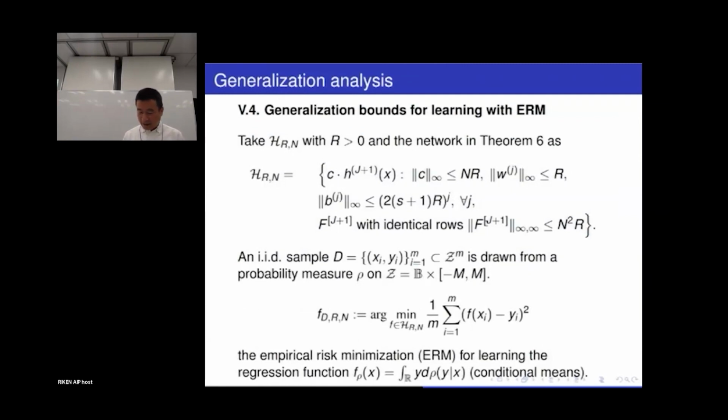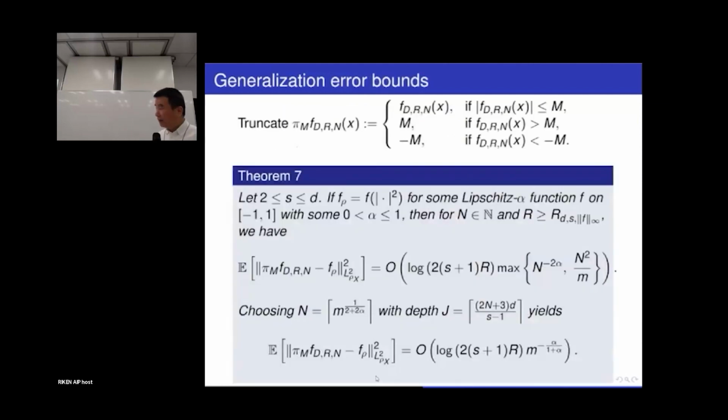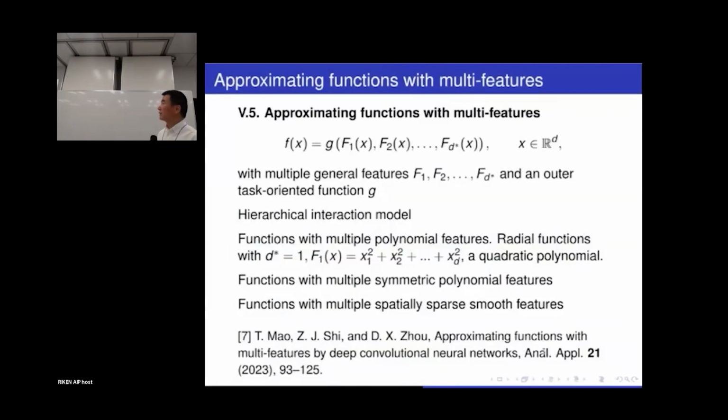We consider this regression algorithm, and the target is to learn this regression function, which is the conditional mean. And then it tells us that the rates of approximation or convergence for regression is m to the -α over 1 plus alpha. Here, the target function, the regression function, is a radial function. So essentially, it's a univariable function. Therefore, the rates do not depend on the dimension d here. So again, it tells us that if the target function has some structures, radial ones, then the deep CNNs learn